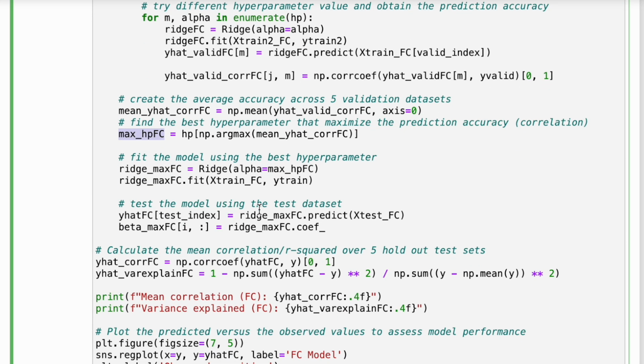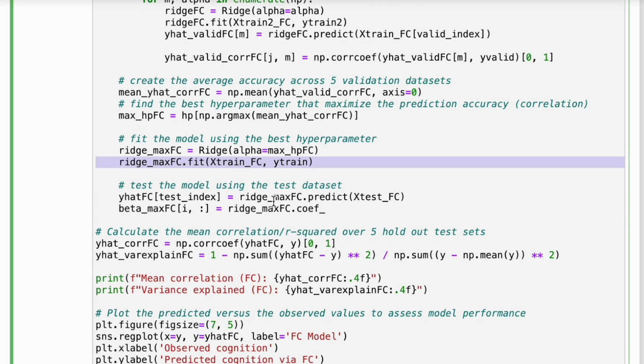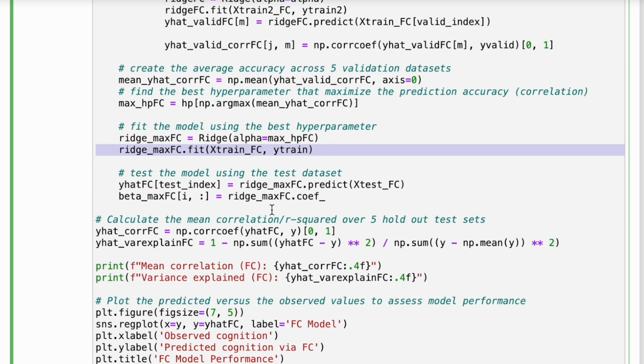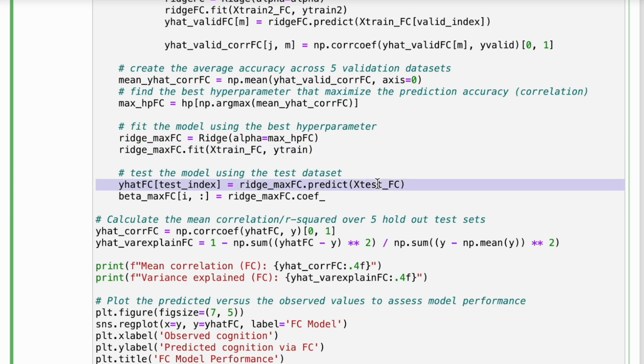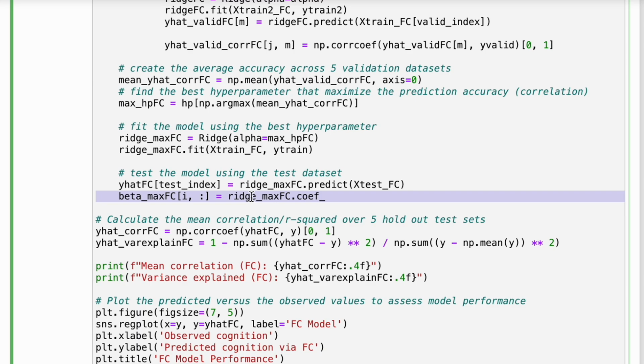After we find the best hyperparameter in the training data set, we can fit the model using this best hyperparameter and training data set, and then we can use this best model to predict cognition in an independent data sets that we were holding since the beginning. So test functional connectivity is the data sets we were holding since the beginning to test our best model. So this line will create the predicted cognition, and this line will create the beta estimates